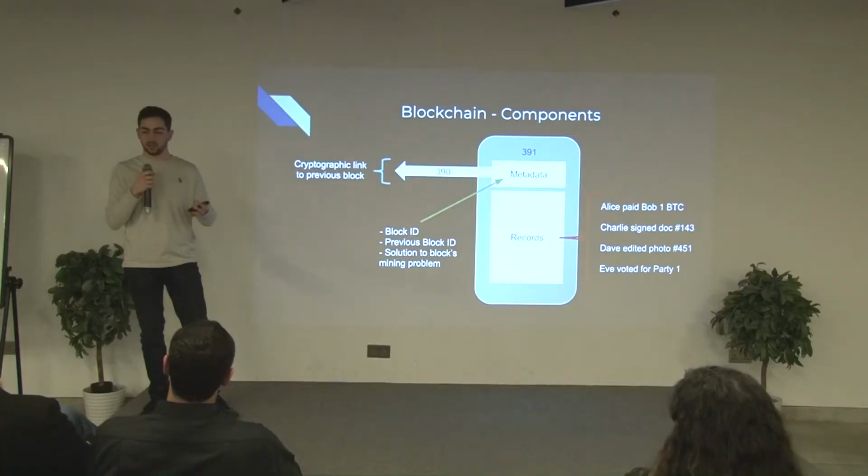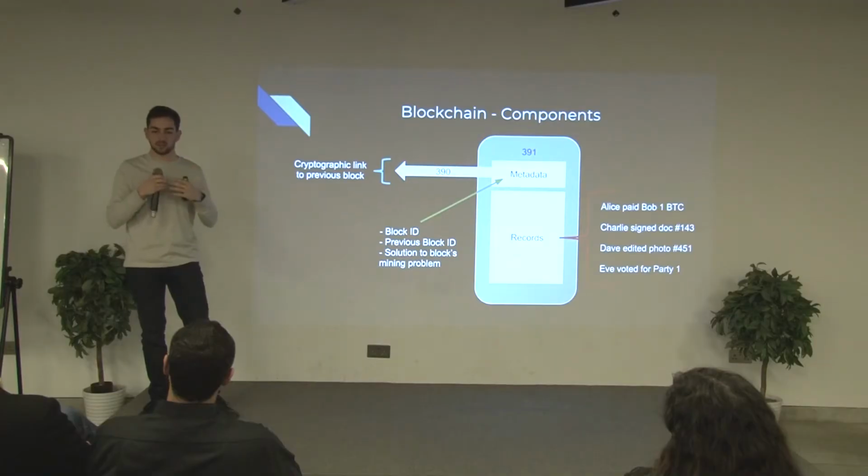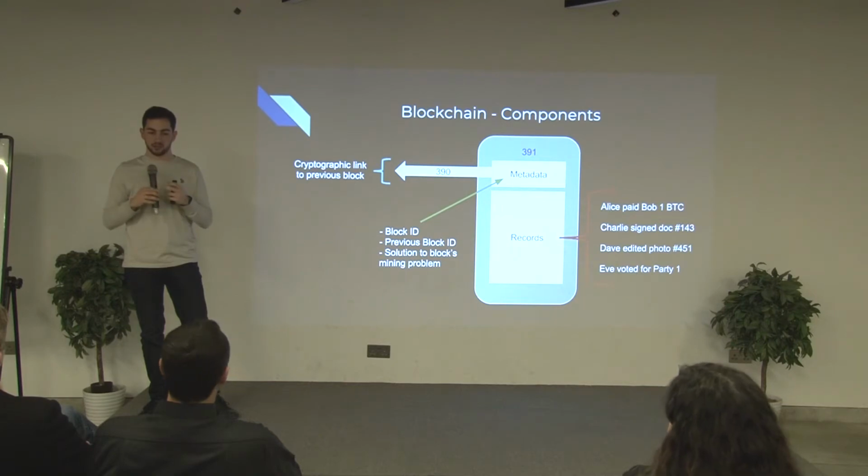It's because of how immature the technology is. Some of these aspects of mining and how you distribute currency to users have not been fleshed out completely. But as we move forward in research, we are developing